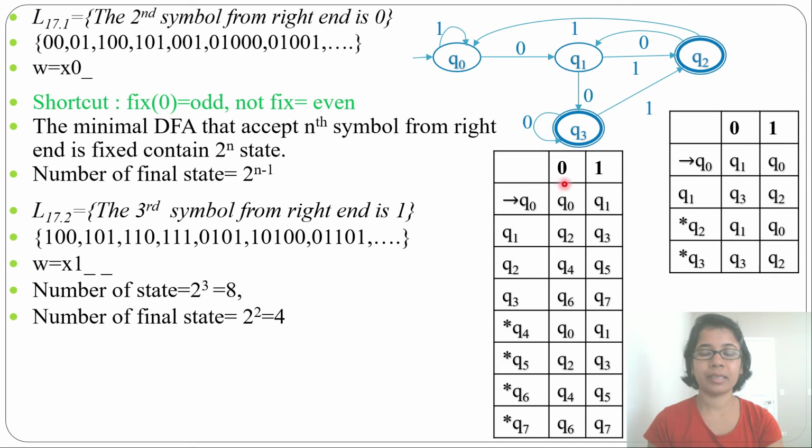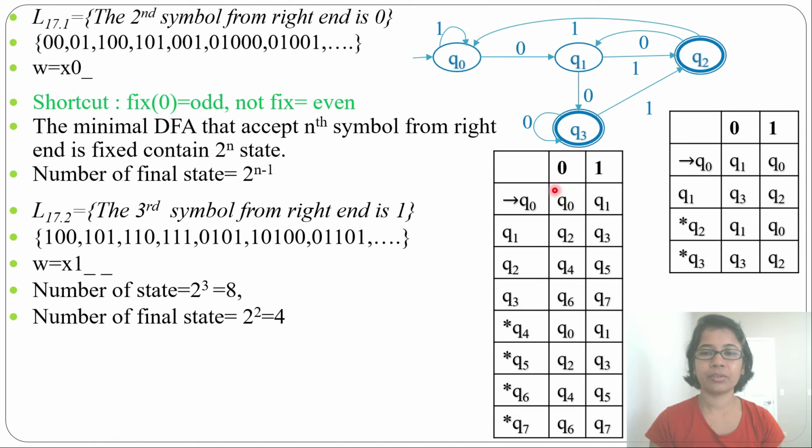So this is the transition table, and here 1 is fixed. It is asking about 1. So in place of 1, odd states will be there, and in place of 0, even states. In the previous example 0 was fixed, so in place of 0, odd was there. Here 1 is fixed, so in place of 1, odd will be there. It's just a sequence like 0, 1, 2, 3, 4, 5, 6, 7, because there are 8 states, then again 0, 1, 2, 3, 4, 5, 6, 7. Since 1 is fixed, in place of 1 all are odd, and in place of 0 even. In the previous example it was asking about 0, so in place of 0 odd was there.